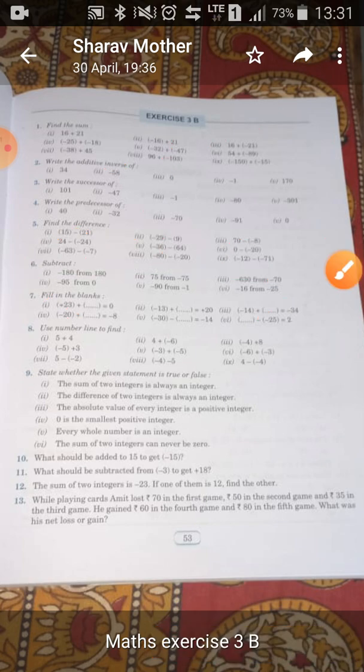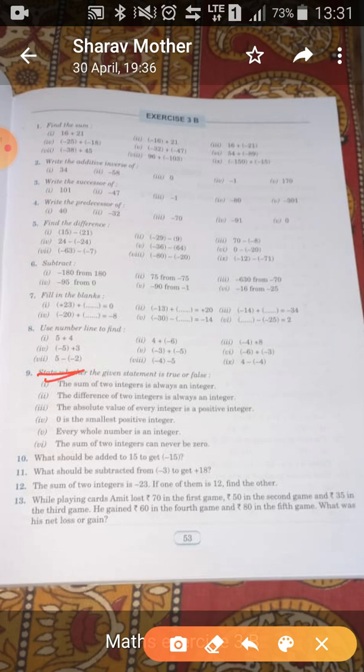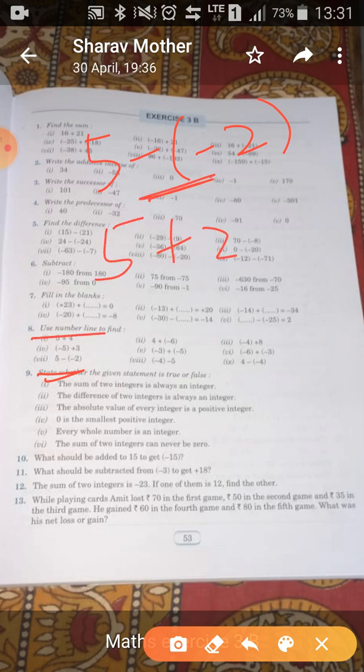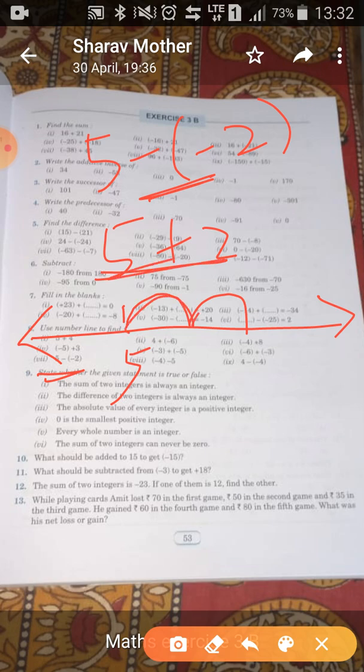Here there is another type of sum, 5 minus minus 2. Minus into minus is plus, so write 5 plus 2. Then draw the number line. Suppose 5 is over here. So you jump 2 times towards the right from there. Understood? 5 plus 2 means that only, you're jumping 2 times towards the right.